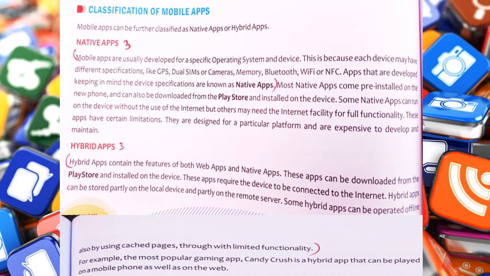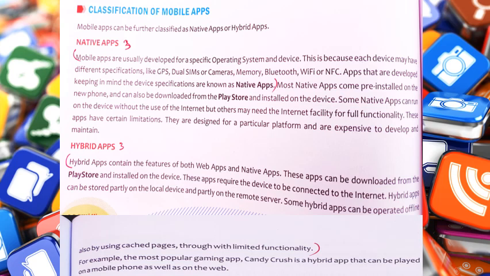This is because each device may have different specifications, like GPS, dual SIM, camera, memory, Bluetooth, Wi-Fi, or NFC. Apps developed keeping in mind the device specifications are known as native apps. These native apps come pre-installed on our smartphones or tablets.